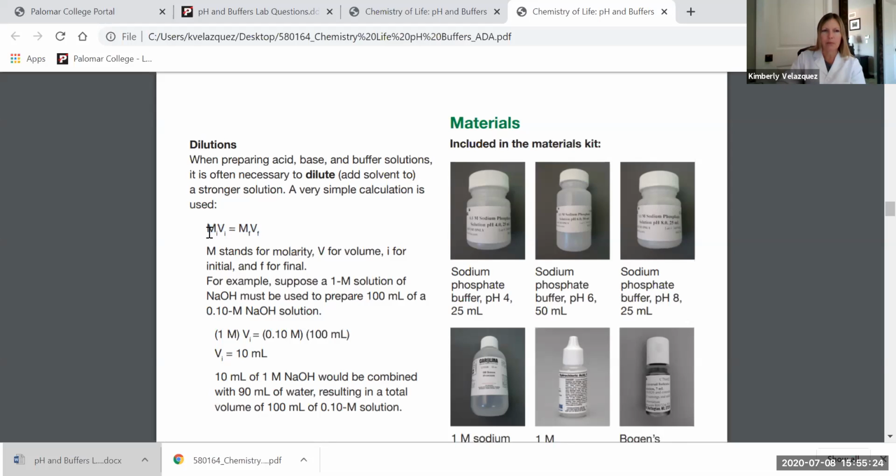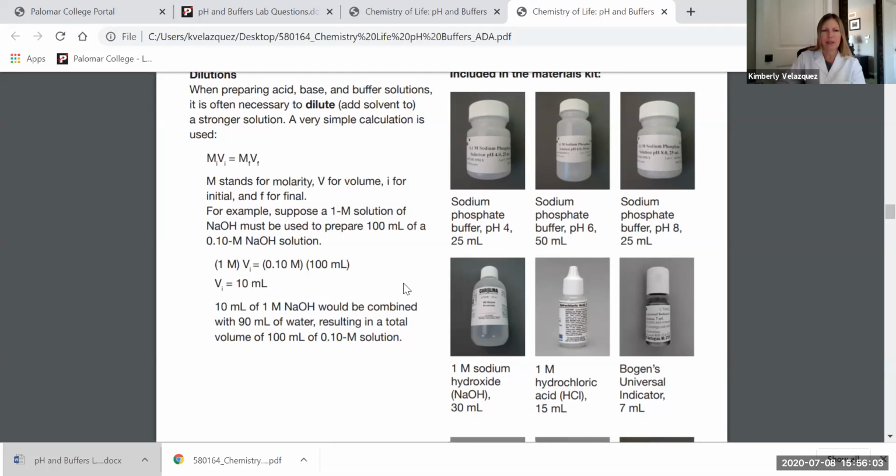So this is saying molarity initial and volume initial equals molarity final times volume final. I think I said that wrong the first time. Let's say it again. Okay, molarity initial times volume initial equals molarity final times volume final. I actually like using ones and twos here. So I like saying molarity 1 times volume 1 equals molarity 2 times volume 2. So what you'll do is